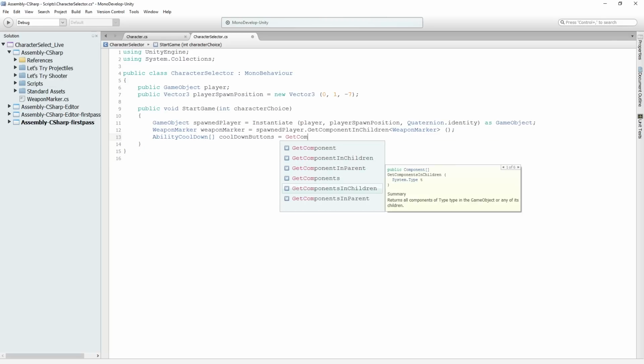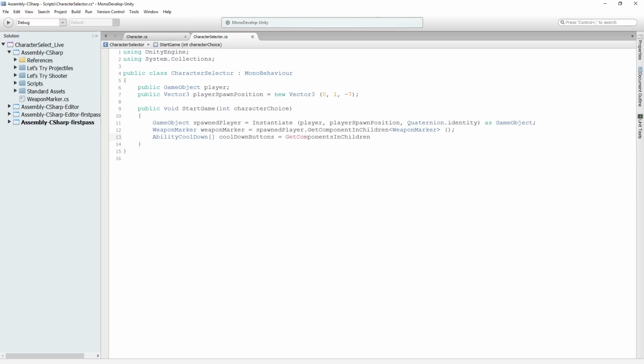GetComponentsInChildren, plural, AbilityCooldown. So what this will do is look through the children attached to the game object that this is attached to, the canvas in this case, search down the hierarchy, and store any AbilityCooldown scripts it finds in our array cooldownButtons, right? So GetComponentInChildren we can use to find 1, GetComponentsInChildren we can use to find multiple. And so we're going to store those in an array,